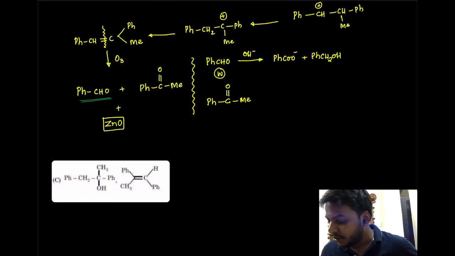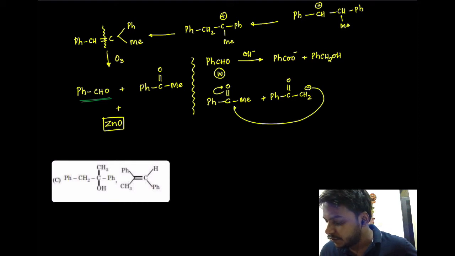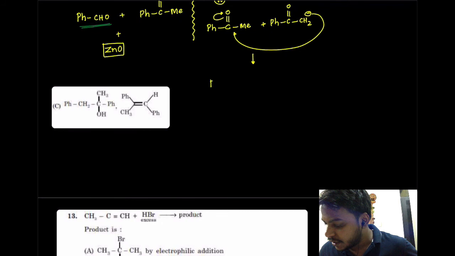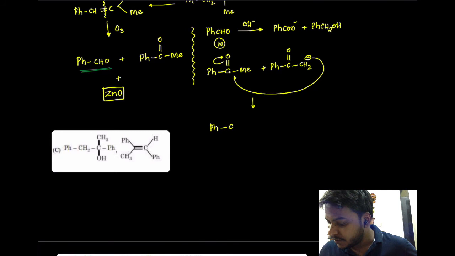Now this is undergoing aldol condensation. In aldol condensation we know that the second mole you have to take two molecules. It is a self aldol condensation with CH2 minus will attack here as a nucleophile. We'll have this as Ph, write it here. So we'll get this as PhC double bond O, sorry, Ph with OH and Me with CH2 C double bond O Ph.